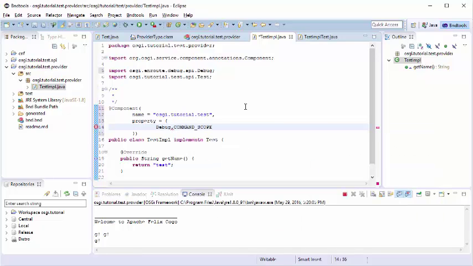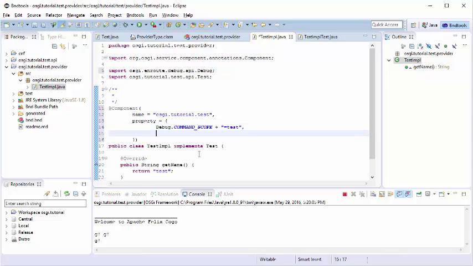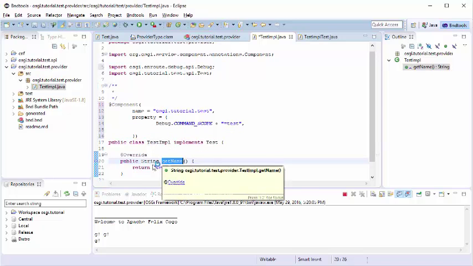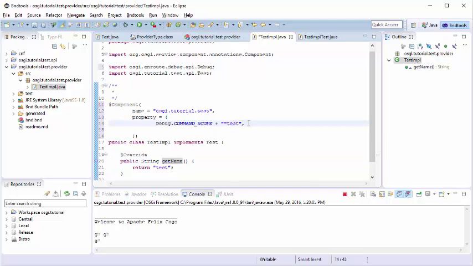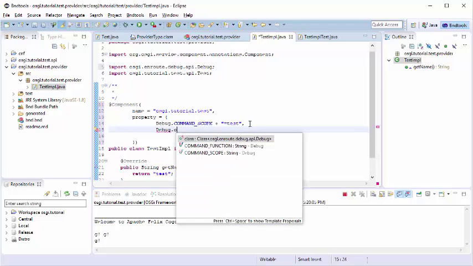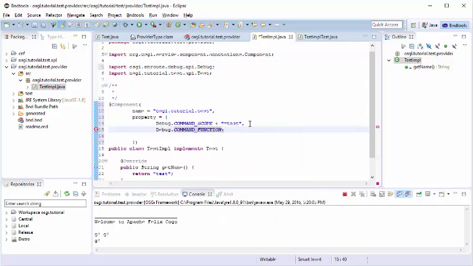First one is the scope, and our scope will be test. And now the scope is to separate different classes or different services that implement the same function. So if we have another component, another service that implements the same function, if we don't give it a different scope, they're going to clash. So that's important. And then the actual function. Now this is equal to the actual function name, which is getName,